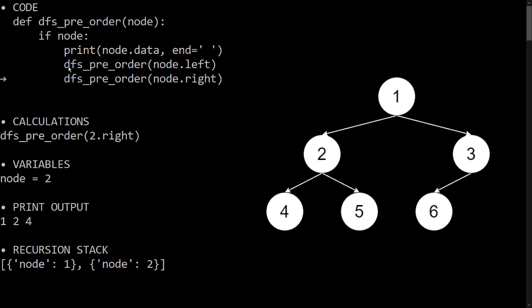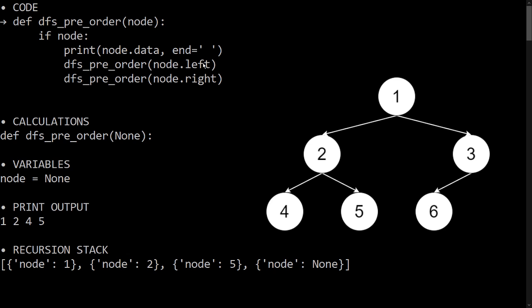For node 2, all the left subtree has been processed, so it will call its right subtree. In that case, it is node 5. Node 5 is not none, so this becomes true, and its data gets printed, so 5 gets printed. Again recursively its left child gets called, that is none, so this becomes false.